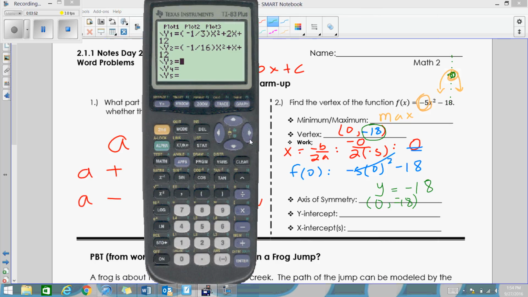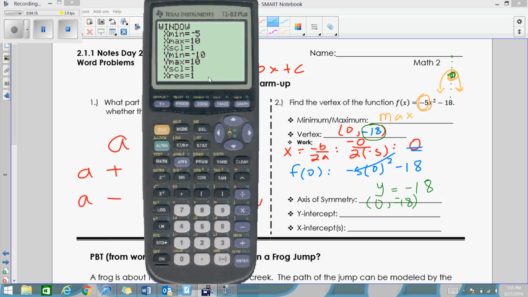There you go. I want to use this one. So we're going to do negative 5x squared minus 18. All right, so now what does this thing look like? Here we go. It's really difficult to see, so I'm going to make my window a little bit bigger. I don't really need to see more